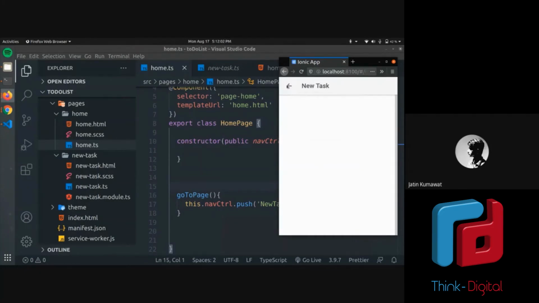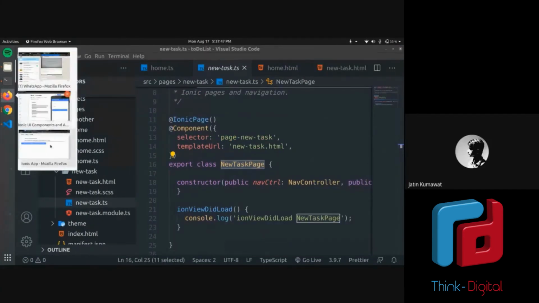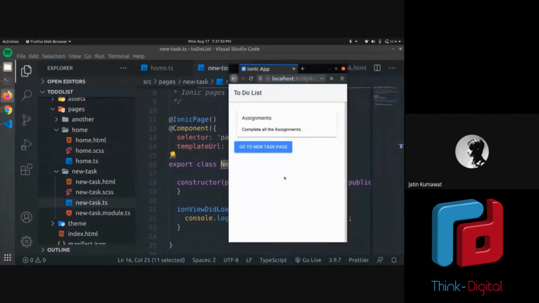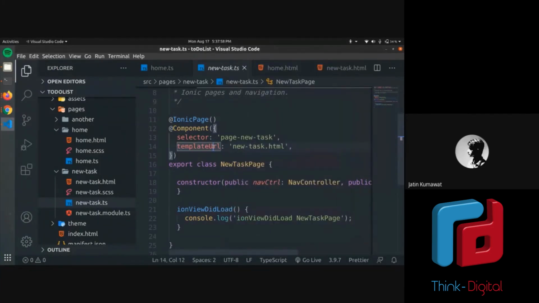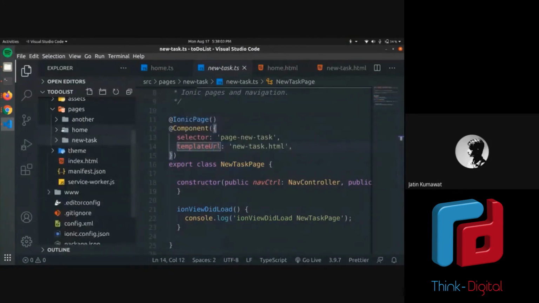Okay, so this is how your navigation works in Ionic. It's very easy. So moving on, I assume everyone is still here. The title, the card, and the button, and this to new page. So I will now tell you a different, slightly modified way to navigate to the new task page. You can try this one if the previous one is not working out.